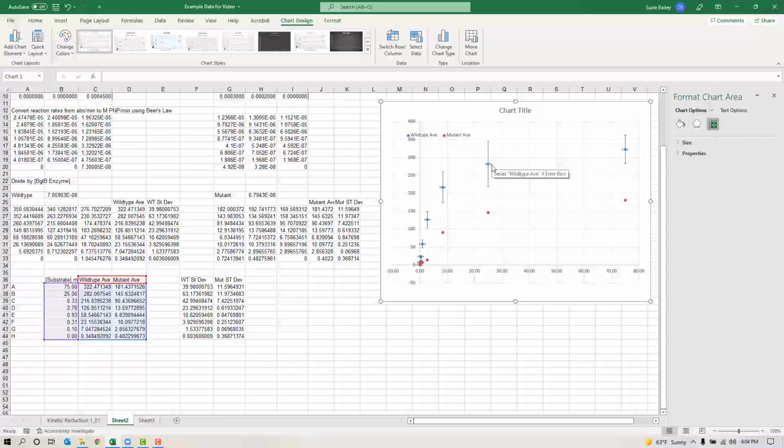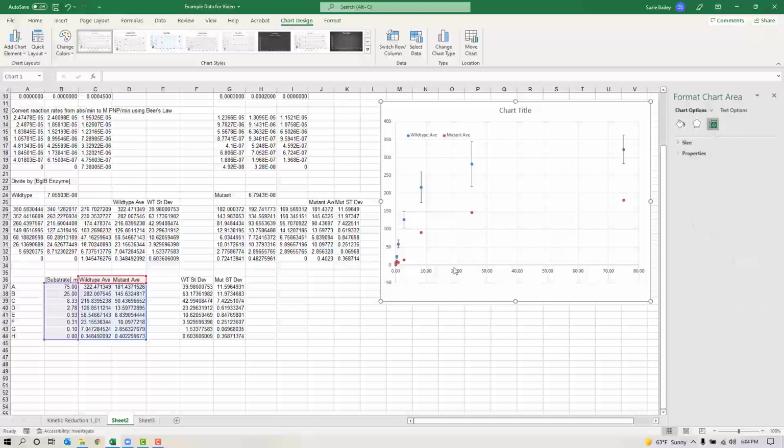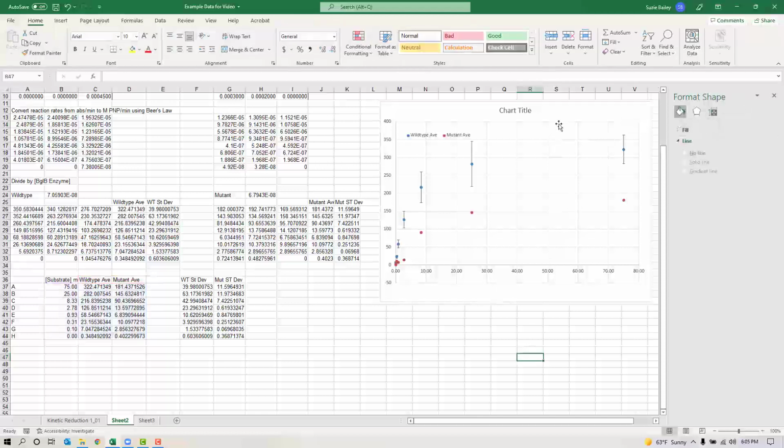Now Excel will add these little horizontal error bars which don't represent anything because we don't have any variance in our x-axis values. Those are our concentrations. There is no average there. So if you just click on those and hit the delete key on your keyboard, it will erase those and get rid of them. All right, so I've got my wild type error bars added on. Now I want to add my